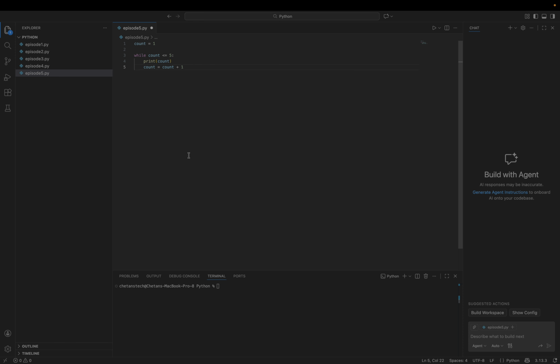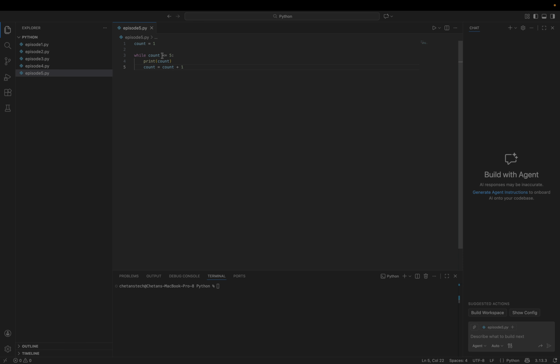Let's see what happens step by step. Count is equal to 1, condition is true, so it prints and increases the value of count. Count now becomes 2, condition is true, prints and increases the value of count.